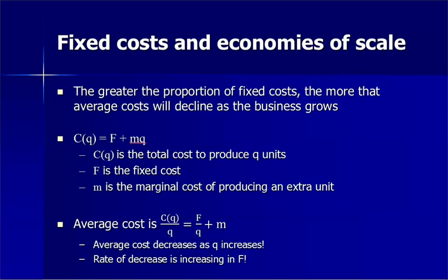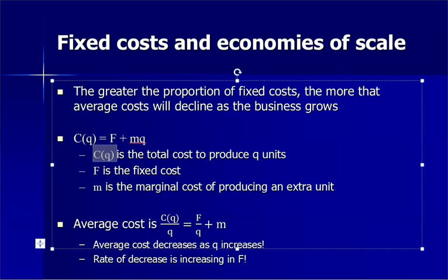So one of the reasons that understanding fixed costs and variable costs is important is that the greater the proportion of a firm's fixed costs, the more its average costs will decline as the business grows. One of the best ways to understand this is to think about this mathematically. If we think of the total costs that a firm incurs as being a function of the quantity Q it produces,